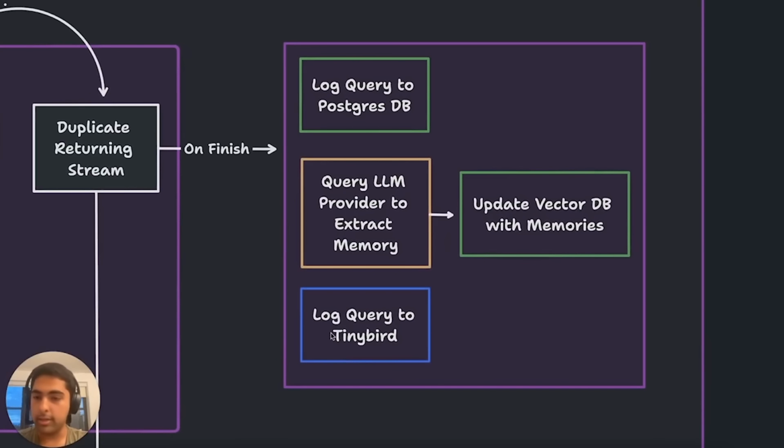I log this query to Tinybird, which is a real-time database that I learned about from some of the example apps that I've seen open sourced on Next.js, like Dub.sh, I believe uses it. And so I log these queries to Tinybird, which I can then pull from in my dynamic dashboard. I also save the queries into my Postgres database, and that's what allows me to open up queries in my dashboard later on and kind of see what's going on.